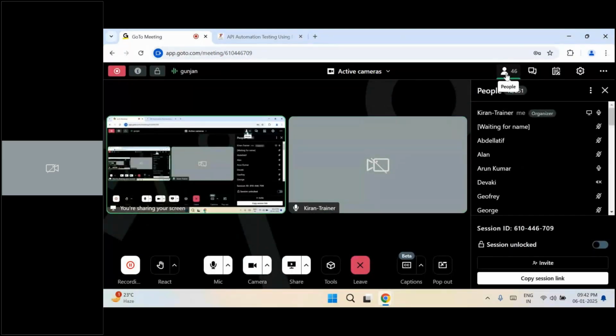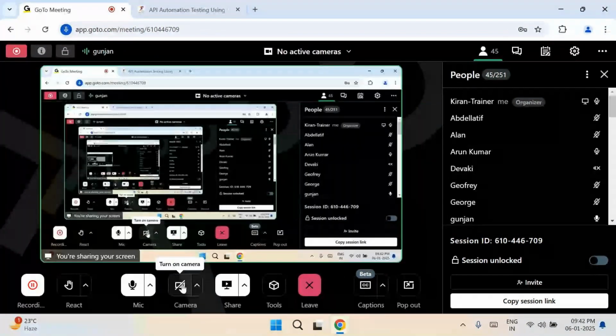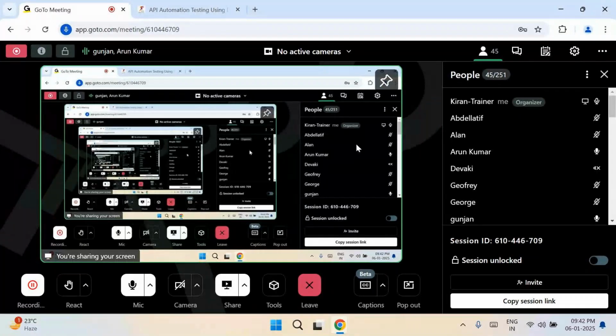JavaScript, I told you, right? JavaScript is the language we are going to use for REST API. Which IDE will we be using: Eclipse, Postman, or IntelliJ? No. See, Postman has a graphical user interface, so we don't need Eclipse and IntelliJ. We'll use the Postman tool itself to do that.